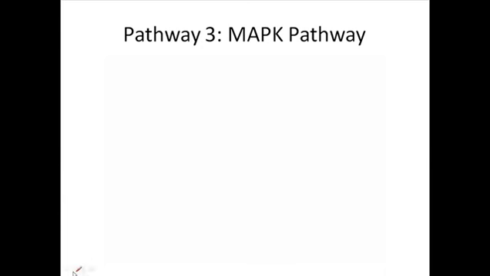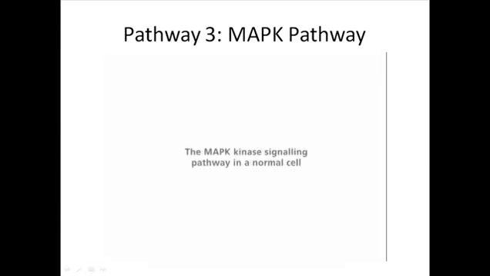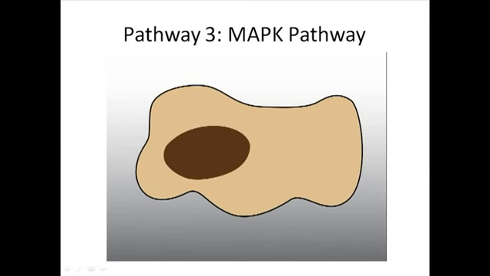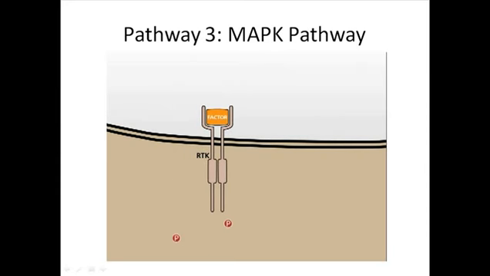So now let me take the arrow. The MAP kinase signaling pathway in the normal cell. The designation MAP kinase, abbreviated MAPK, originates from one of the first members of this protein family, the mitogen-activated protein kinase. The MAP kinase pathway begins with the binding of a ligand, for example EGF, to the extracellular portion of